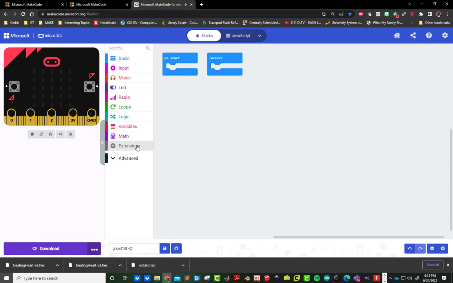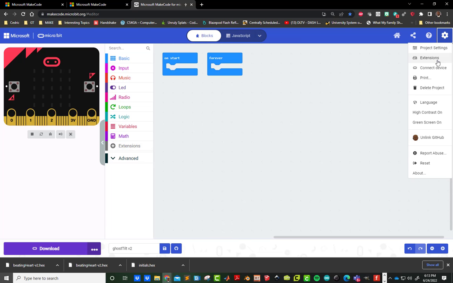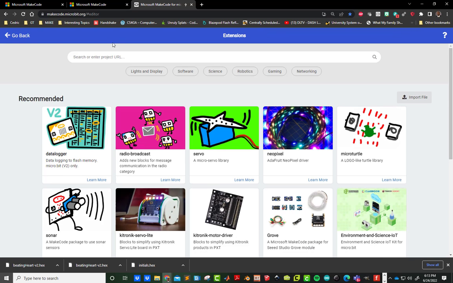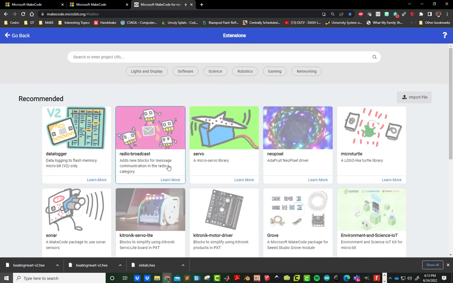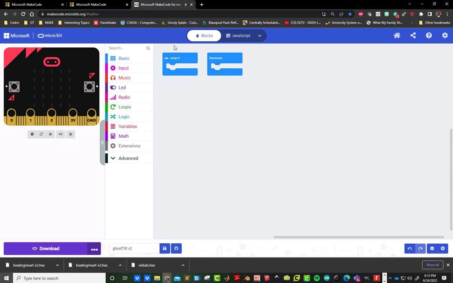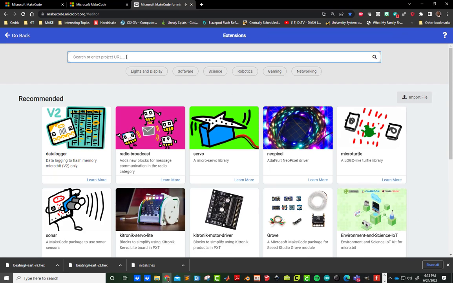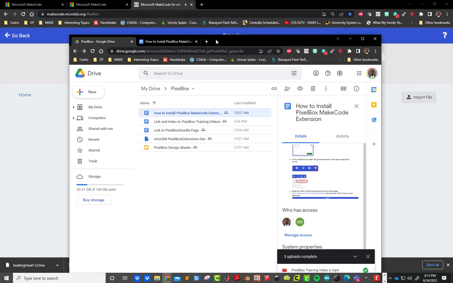Coming in again, I have to add my extension, so I'll choose to go up here and do it. Once again, I could have chosen this button here to do it. Same screen. I'll go up here and do it there, and then I will put in the URL. Once again, you get the URL. Let's see if I have it. I have it open right here. So you go to